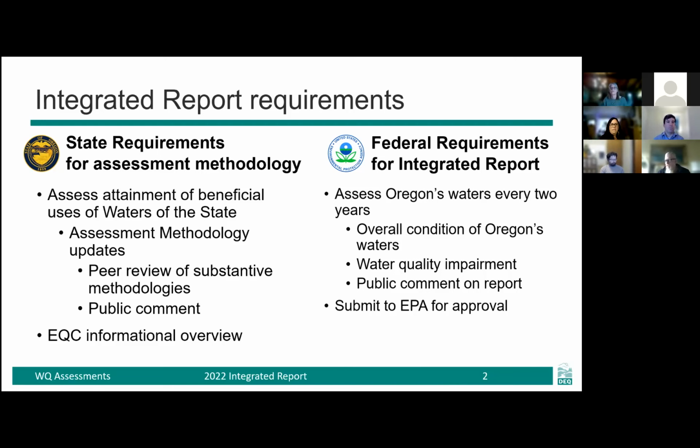In 2018, we did that for some updates to our biocriteria methodology, and I believe a new assessment methodology where we use statistical methods to determine the status of waters. Once we've gone out for peer review, we incorporate that feedback into our methodology, and then the entire document must go out for public comment prior to assembling or assessing any data. And then the DEQ must also give an informational overview to our Environmental Quality Commission.